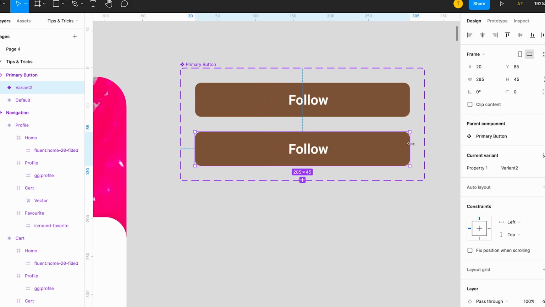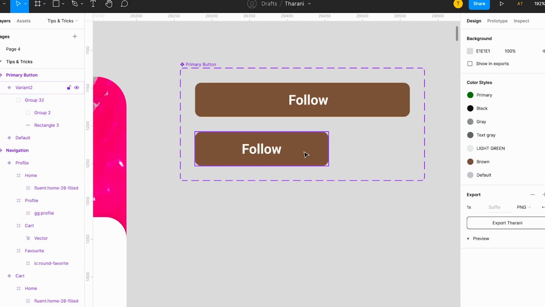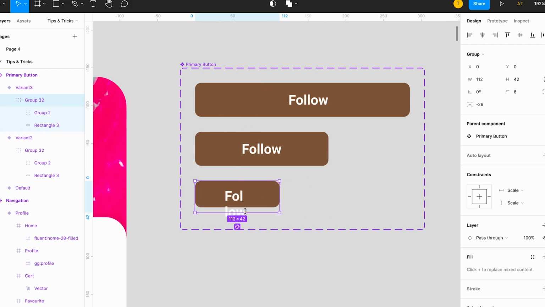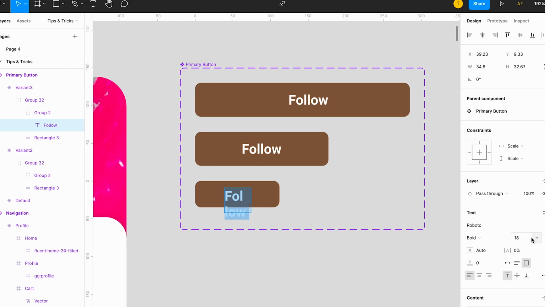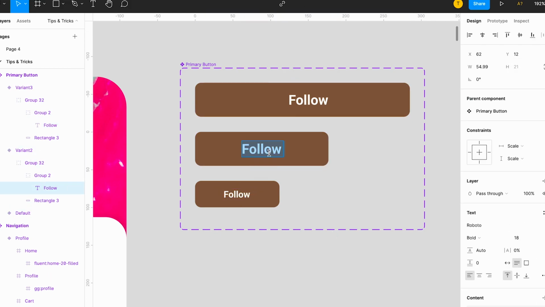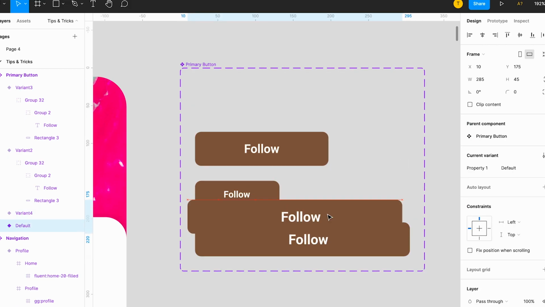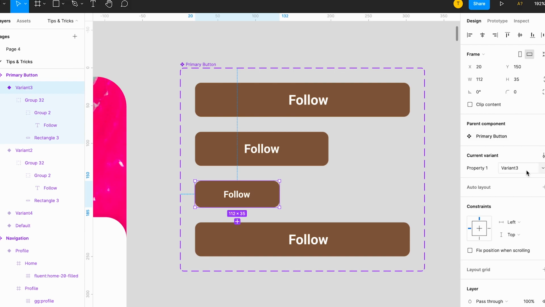So this is going to be my medium sized button. And this is going to be my small button, where I will give this as 12. This is my big button, this is my medium size. Medium size, we can give it as 16. Now we have 3 sizes of buttons, and then I want another variant. So here we can give the name as small, and this as medium, and this is big,